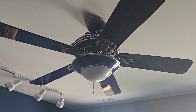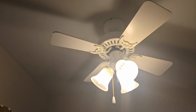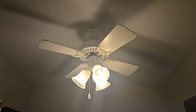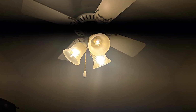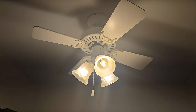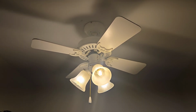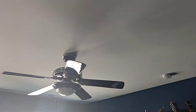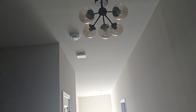But yeah. And in my closet, we have the Hunter Bath and Dressing Room from 1994. Yeah, I added on this light kit. I bought the light kit off eBay. Oh god, the LEDs are really messing with my camera. But yeah, got these two in here, and down the hallway into